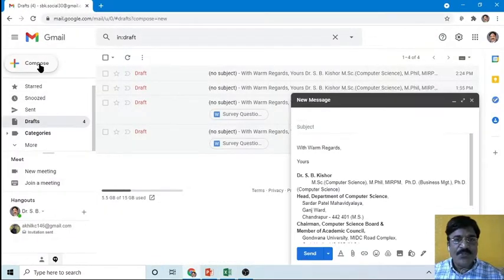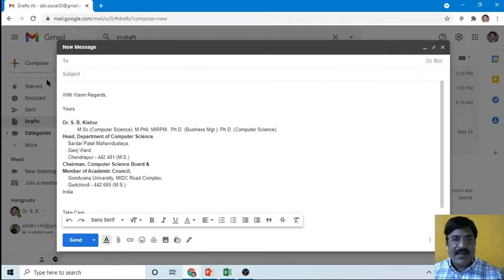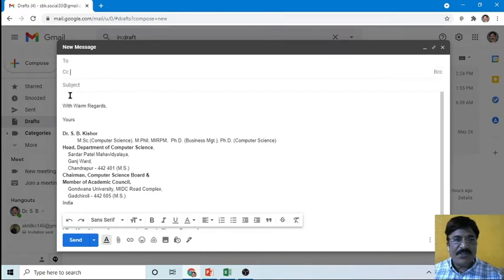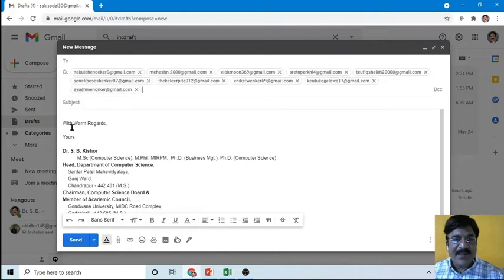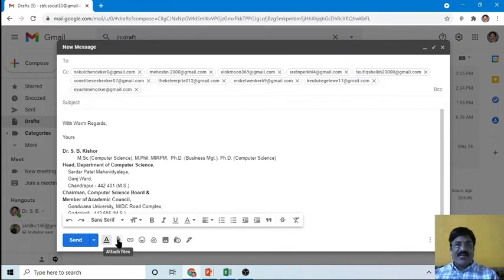Select Compose and now select the CC option so that no one comes to know to whom you are sending this particular mail. Paste it. Then write the subject. You can write detailed information over here, and finally add an attached file having your questionnaire. Finally click the send button so that all the students will get the questionnaire.